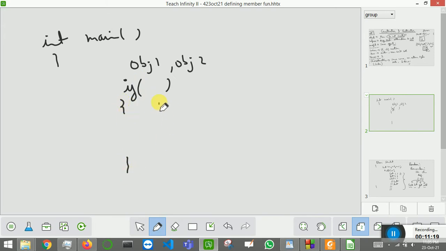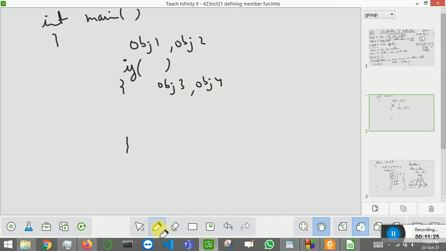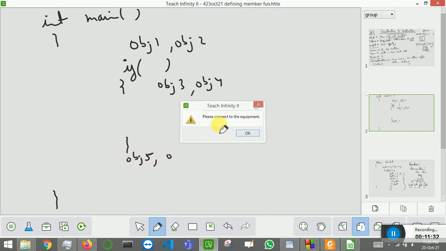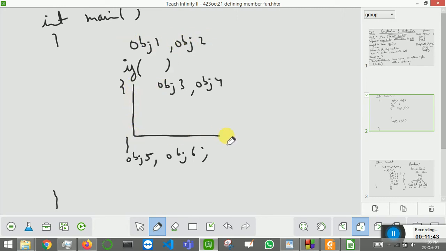Now inside this if block I am creating object 3 and object 4. Okay, after that I am creating two objects here, object 5 and object 6. Okay, so now see very carefully, object 1 and object 2 are created here. Object 3 and object 4 are created inside this if block.